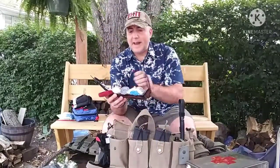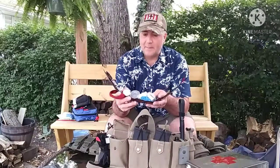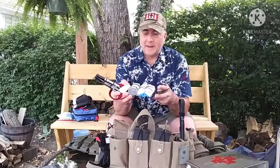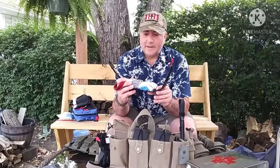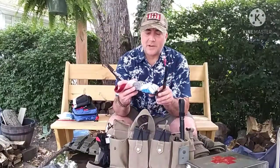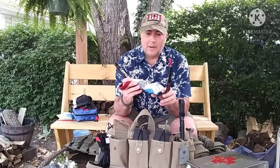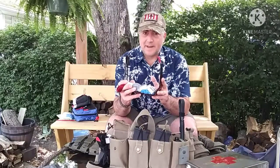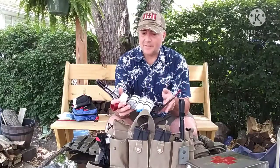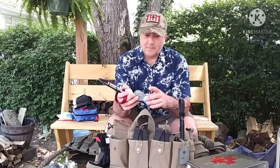So in here, if somebody needed to work on me or I needed to work on them, I at least have the basics to be able to start care. Whether it's a compound fracture, a bullet wound, a large laceration, you should be able to have in this specific kit just those basics for taking care of those things. So whether it's Z-fold gauze, Celox,